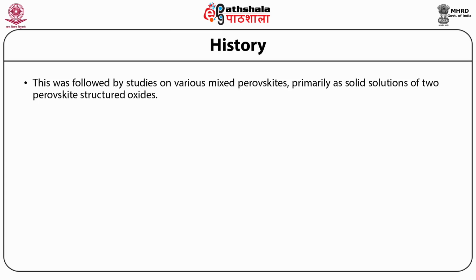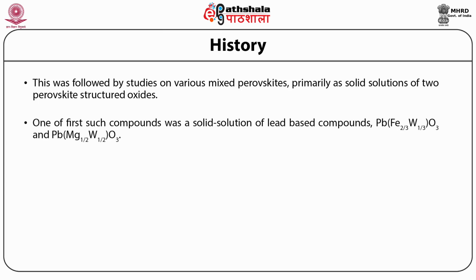Russian scientists took the lead in these investigations, where they replaced some of the D0 type cations in the ferroelectric perovskite oxides with magnetic Dn type elements in order to induce magnetic ordering. One of the first such compounds was a solid solution of lead-based compounds,